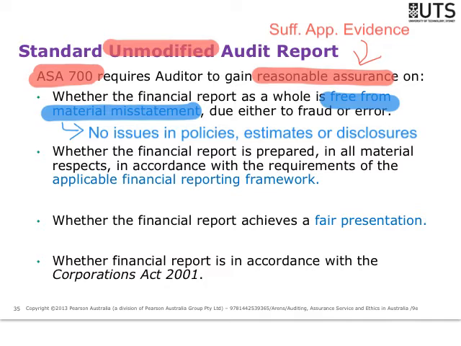We also want to make sure that they are consistent with the applicable reporting framework. So in this case, we'll say AASB. Right. So their treatment of inventories, of revenues, of payables, of related parties, that is all correctly accounted for in the financial statements. And